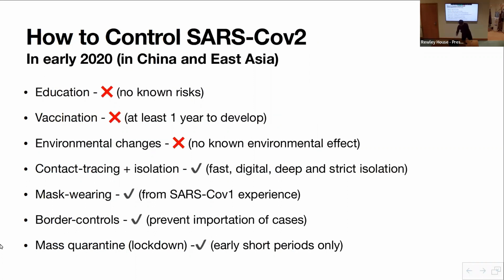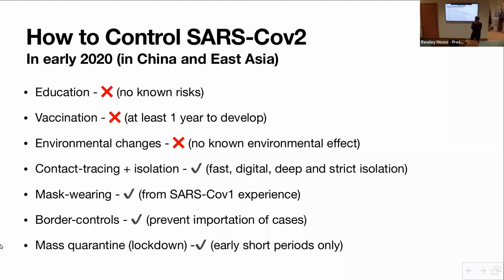So what then happened? In China, how did they manage to control it? Well, there were no vaccines yet. There were no educational or environmental changes that would really be made. But what they did was very quickly have mass quarantines. They had quick lockdowns as soon as they had cases. They had them very early, and that meant they only had to have them for short periods of time. Everyone was wearing masks, and because everyone was wearing masks, the transmission of the disease was slowed down dramatically. So even if they did have an outbreak somewhere, it didn't spread that quickly, so they could control it.